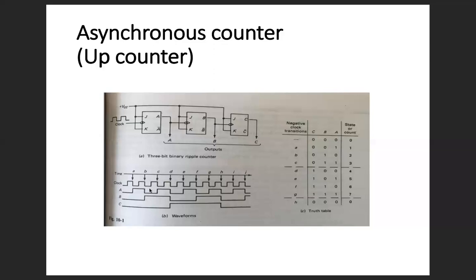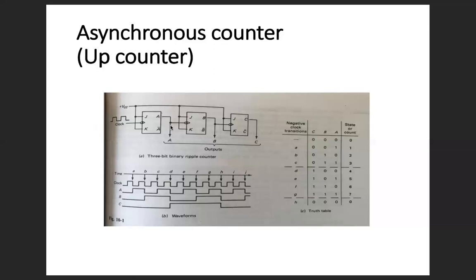Now let me explain briefly about the timing diagram, which I have explained already in the synchronous counter, up counter. In this case, the JK flip-flop output will change at the falling edge of the clock. When you give a fast clock, the output of the JK flip-flop will change at the falling edge, and it will go until the next falling edge, that is at clock B. Similarly, that output will remain 0 until the next falling edge of C, then it will change.